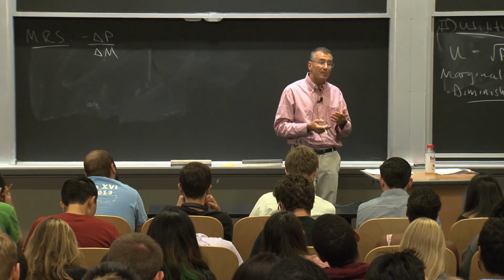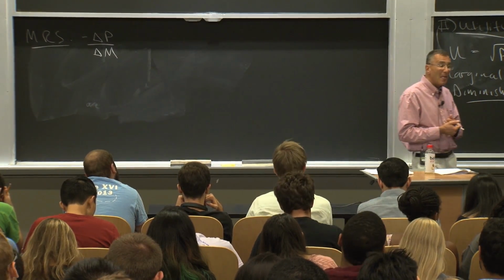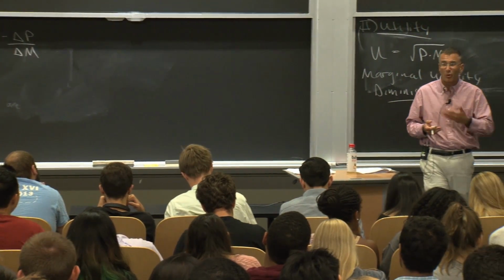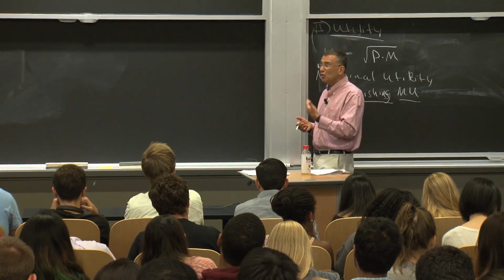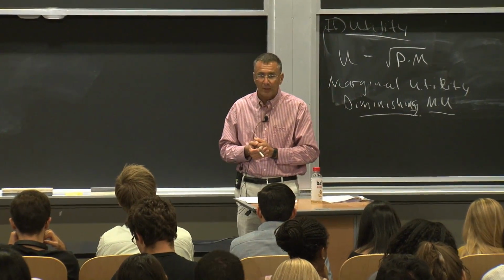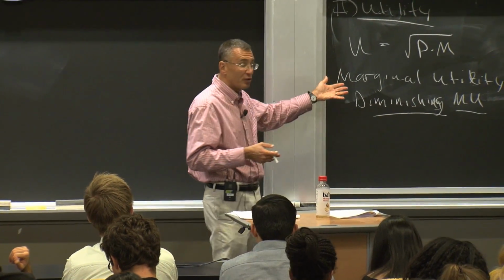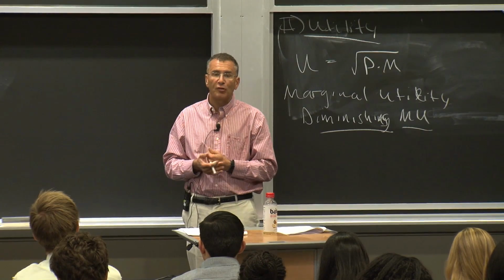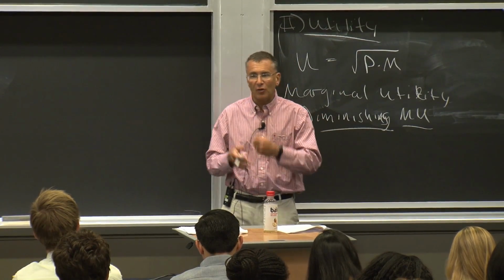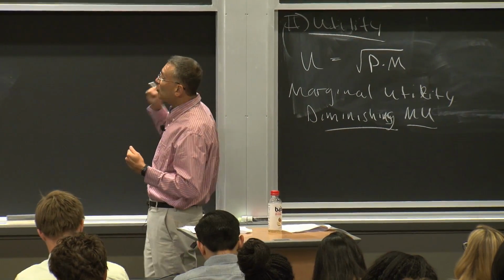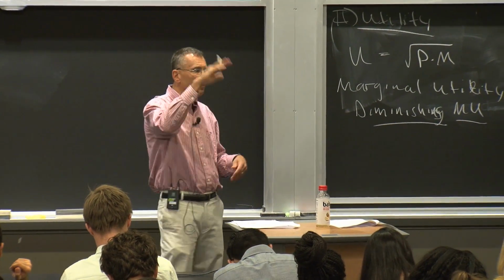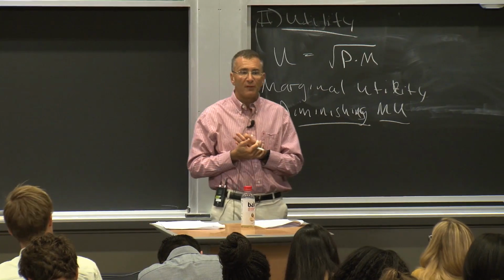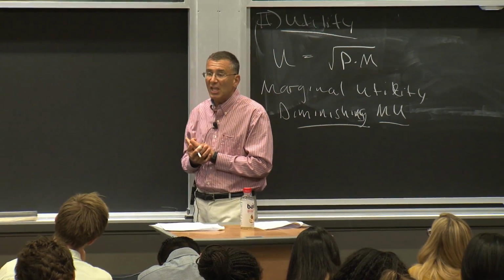So because marginal utility diminishes, because each additional movie is worth less to you than the one before, and each additional pizza is worth less to you than the one before, which is, we said, a very sensible assumption, that generates the fact that indifference curves are downward sloping. Okay, so here's the key thing. Why are indifference curves downward sloping? We showed before they couldn't be upward sloping because it violates more is better. Now we can see how they're downward